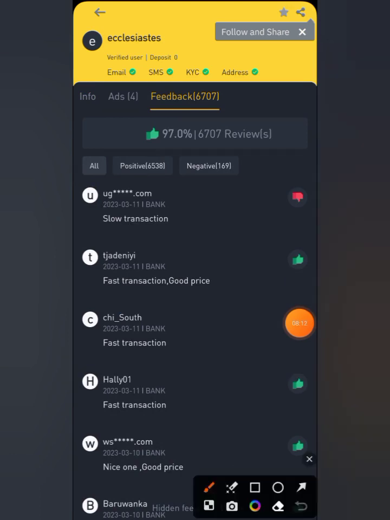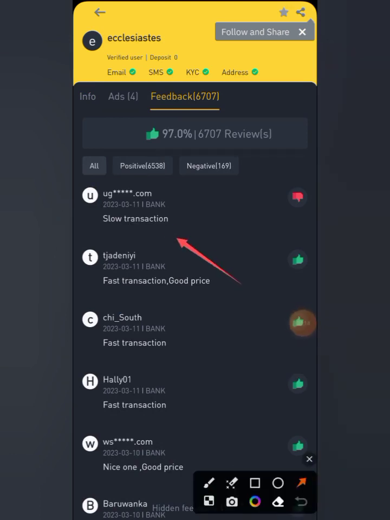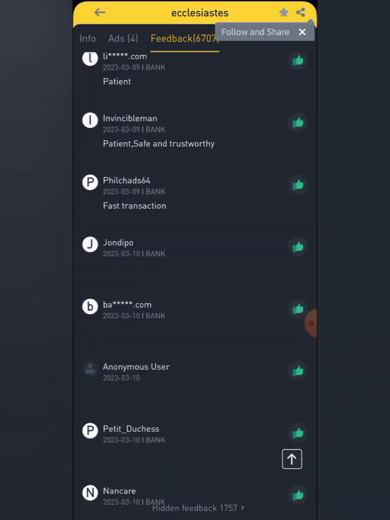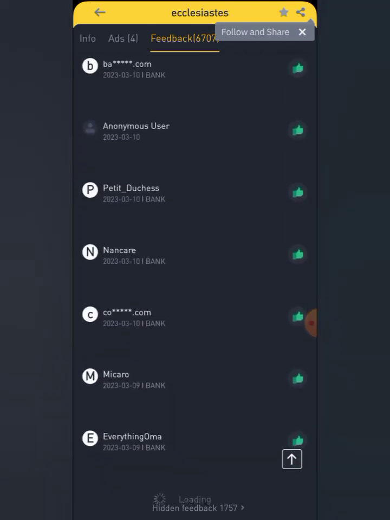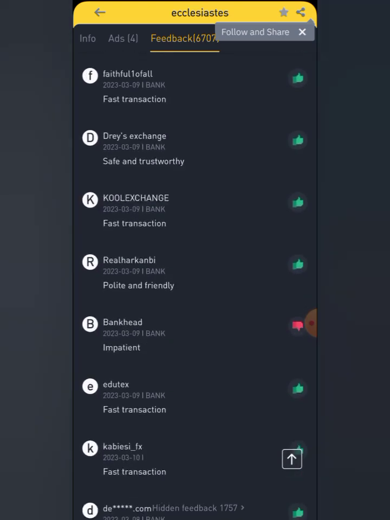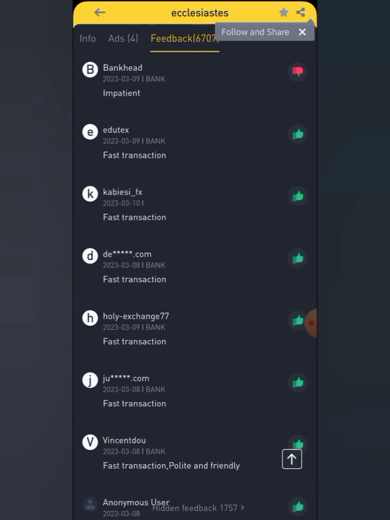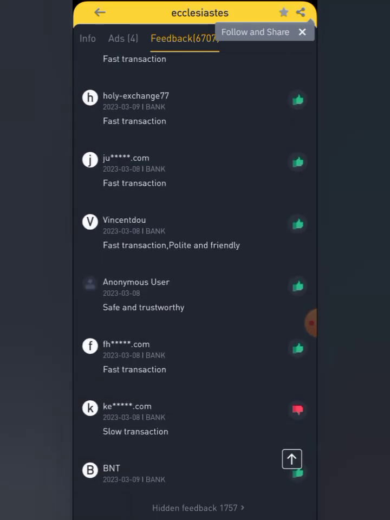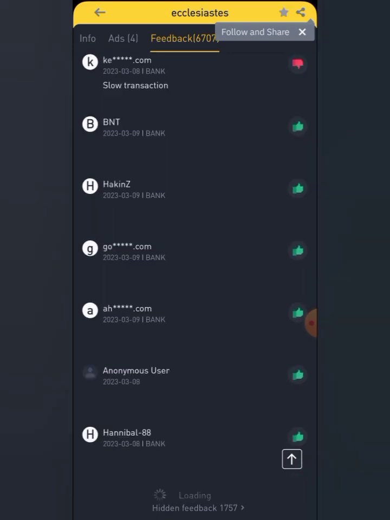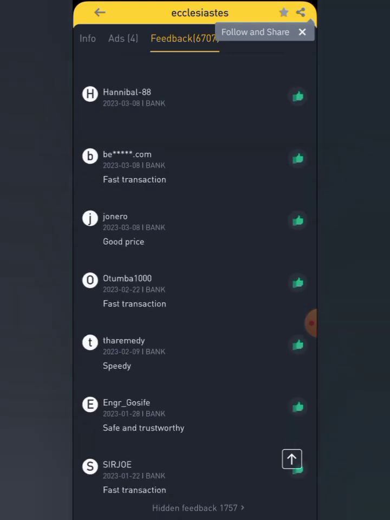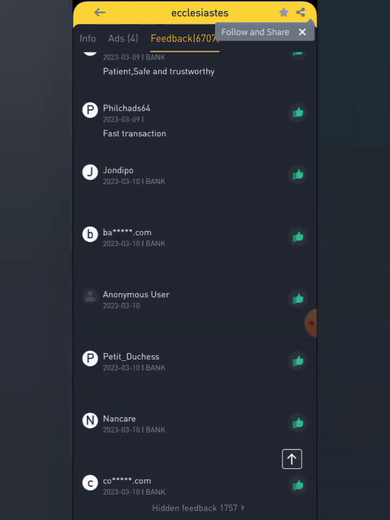So you can see this first person said slow transaction, and then if you scroll down, you can see other ones are giving him positive feedback. Probably in the past 1 month he has been trading, he has been getting a lot of good feedback. You can see this person said impatient here, and then it continues like that. This one says slow transaction, so that means this person is actually real, but most likely he is not fast